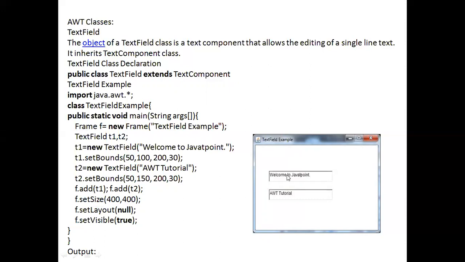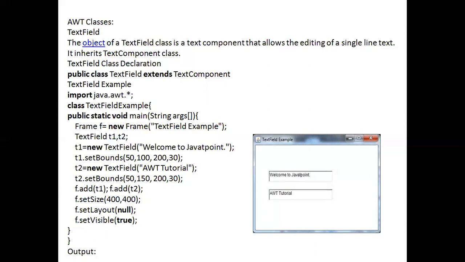One is Welcome to Java Point, and we have set some boundaries for them. The next text field is AWT Tutorial. The boundaries are 50, 150, 230. According to our wish, we can set those boundaries. There is no need to place the same boundaries for both.